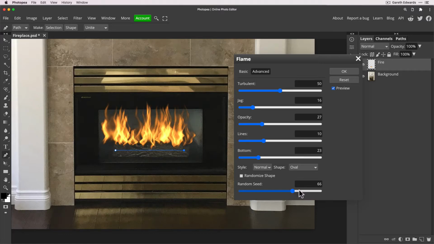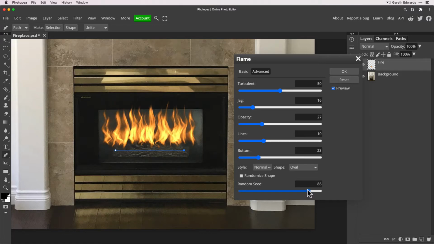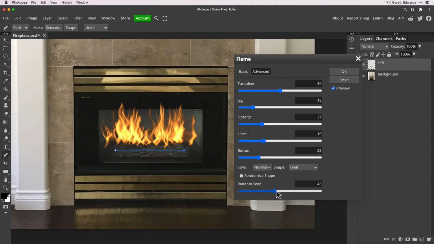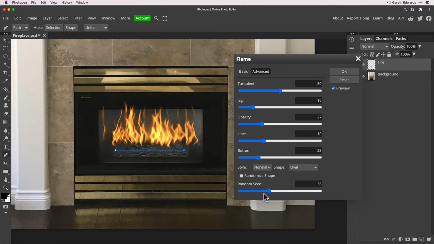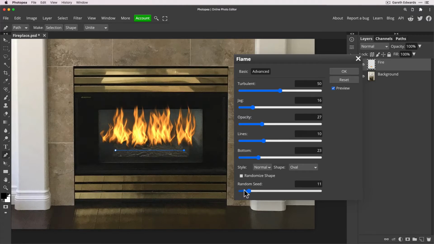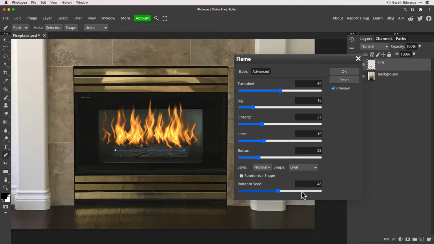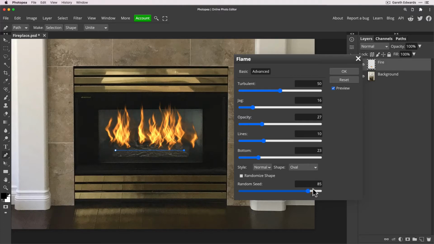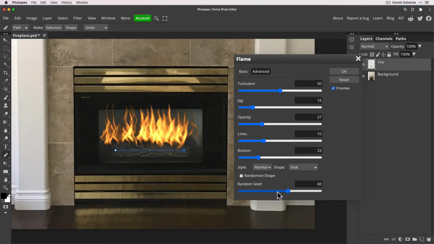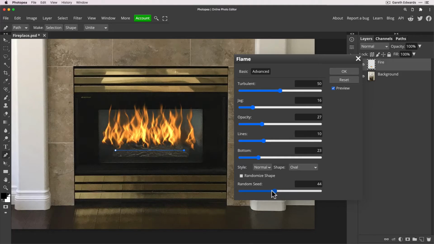So sometimes you think, I don't know, and you can play around, you can get one that just looks very even, but I don't really like that. Maybe I want something a bit more uneven. So you just click around in this random seed and it will just give you lots of variations of similar fires, basically, just so you can pick one that you really like,